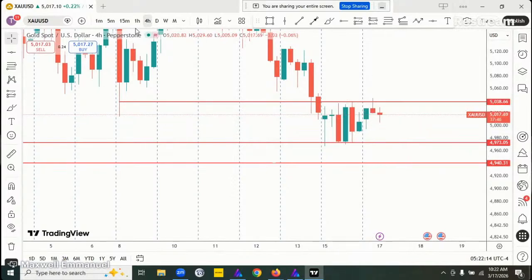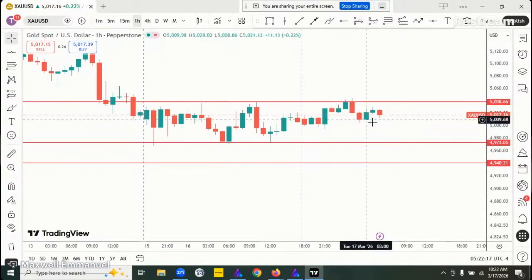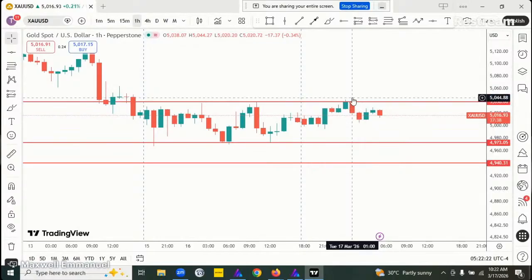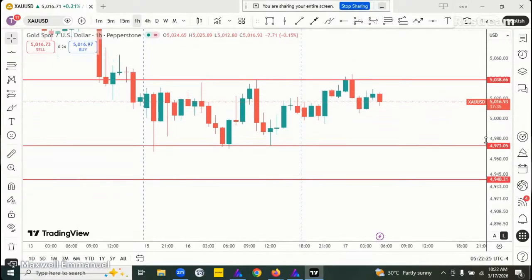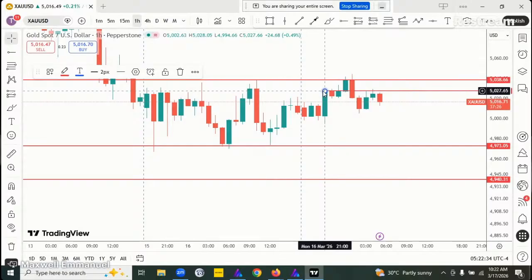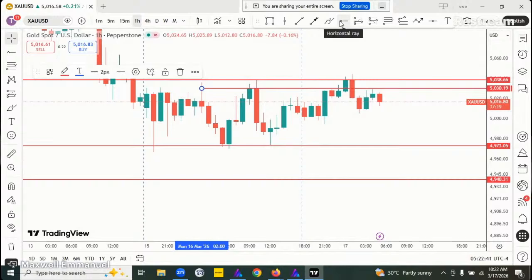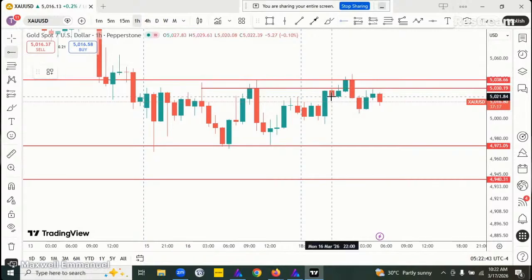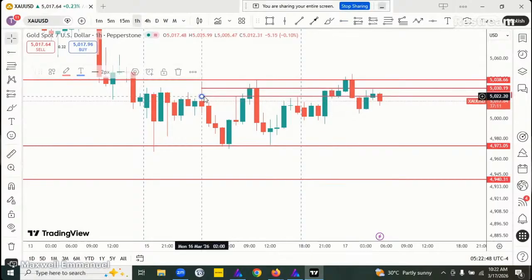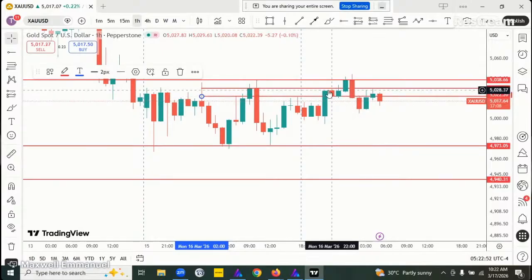This is a shooting star candle indicating a change in trend from bullish to bearish, and I have an engulfing pattern here on 1 hour time frame. This is an engulfing pattern, and we had this key resistance. You can see this key level, this zone. This is a support zone turned resistance here. This is a supply zone right now from a resistance.